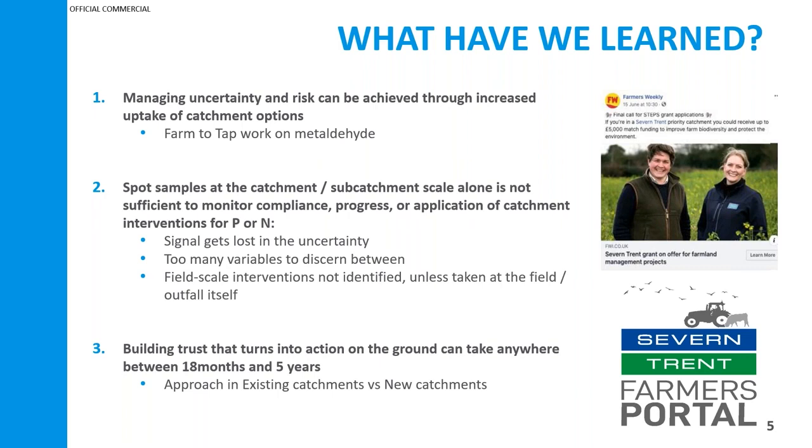Obviously, the levels of risk associated with their delivery are far higher than if you were to implement a traditional treatment solution. And how we've been managing these levels of uncertainty and risk has been simply through increasing uptake of catchment interventions. So our Farm to Tap work is a good example of this. We did some modelling work which shows that we need a 75% uptake of metaldehyde reducing options in order to achieve our metaldehyde targets at our water treatment works, the target being 0.1